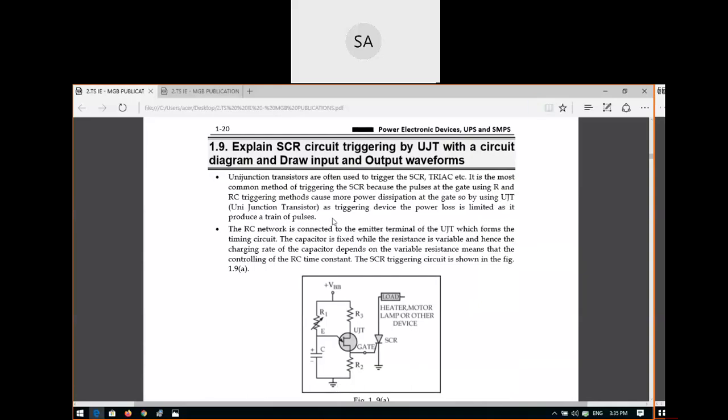That we have a gate terminal present for an SCR, and you have to turn on the SCR by applying a gate pulse at the gate terminal of the SCR. Correct or not? So there are two methods generally we have seen in the working and characteristics of SCR: whenever you increase the forward breakover voltage, it will turn on. That means you are increasing the anode to cathode voltage greater than the forward breakover voltage,